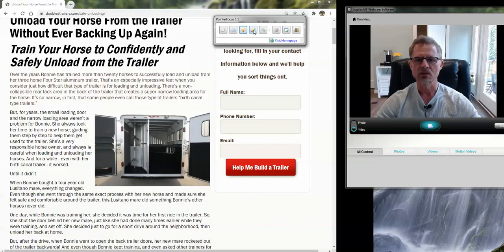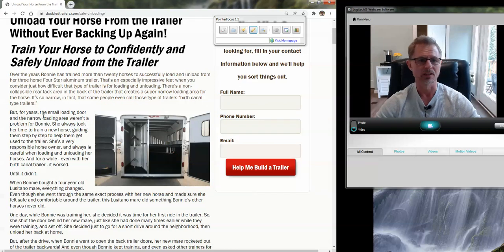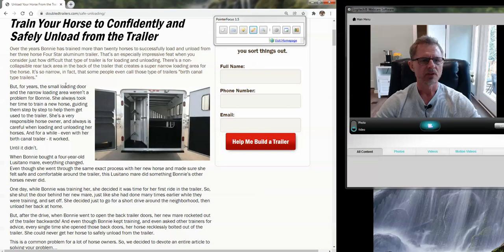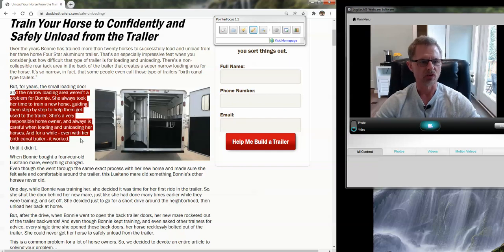It's so narrow, in fact, that some people even call those types of trailers birth canal trailers. And you can see here what we're talking about in the narrow door. And this is actually an 8-wide trailer, which would have a wider door than most. If it's a 7-wide, it's going to be smaller. But for years, the small loading door and the narrow loading area weren't a problem for Bonnie. She always took her time to train a new horse, guiding them step by step to help them get used to the trailer. She's a very responsible horse owner, and for a while it worked,